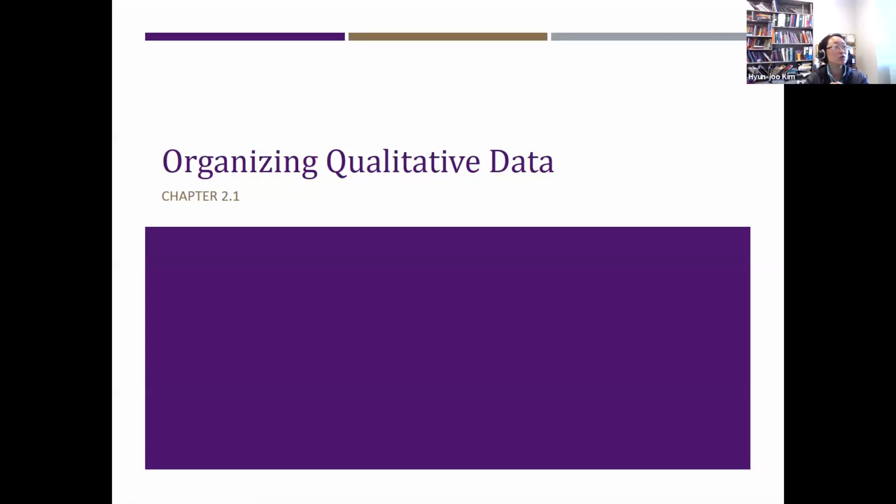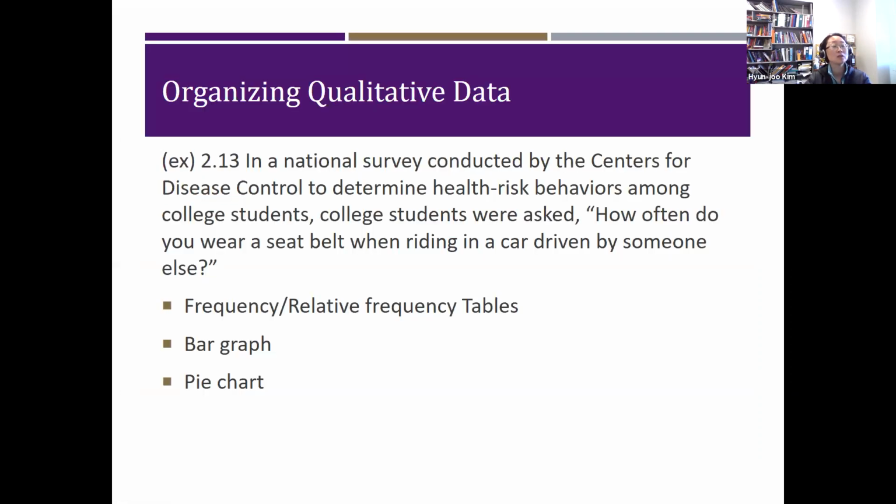Okay, so chapter 2.1 is dealing with organizing qualitative data sets. When your data set is categorical, how can we organize it using charts and graphs? To talk about this case, we'll be using one of the textbook examples,